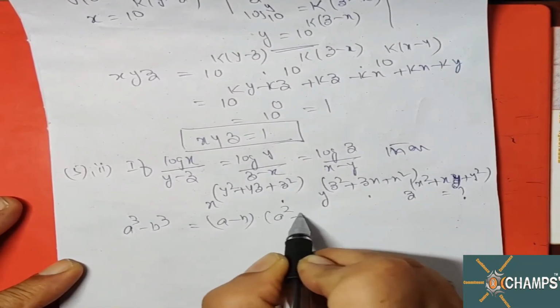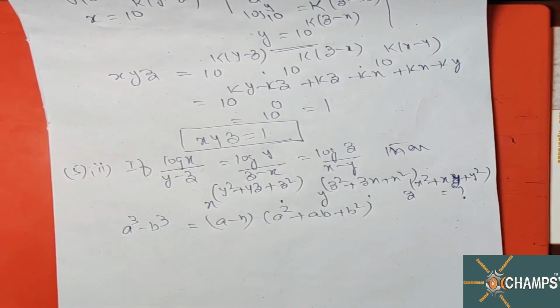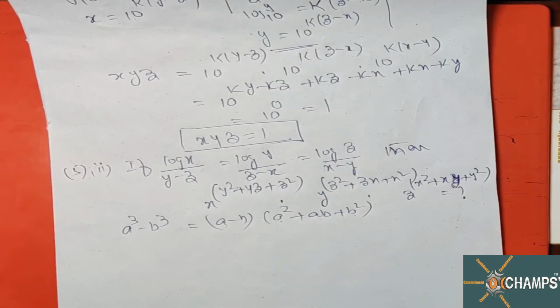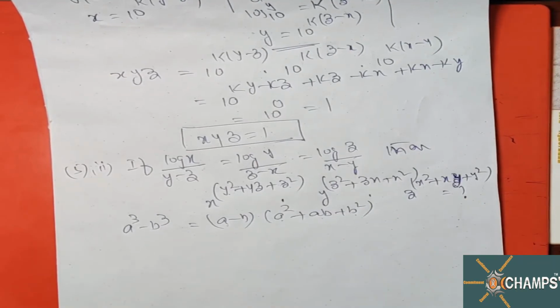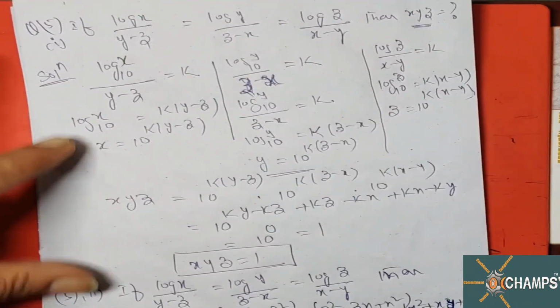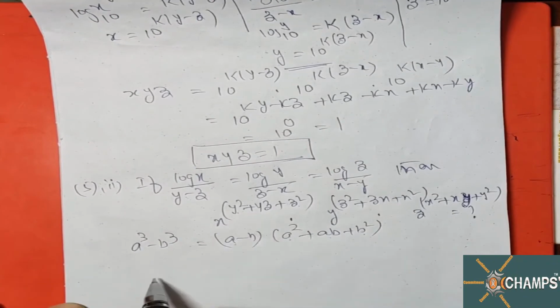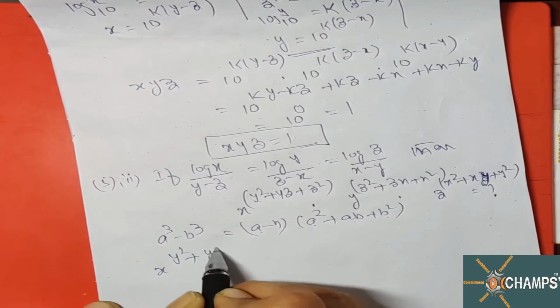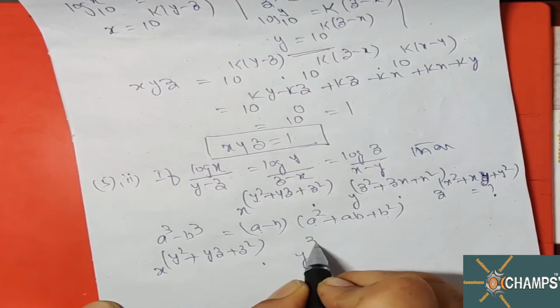Okay, sir. Very simple question. We know there is a result in algebra. A cube minus b cube is equal to a minus b into a square plus ab plus b square. A cube minus b cube can be written as a minus b into a square plus ab plus b square. Now sir, a square plus ab plus b square is already given. What is required for me? A minus b is required. Now this is the same question. I can replace here.